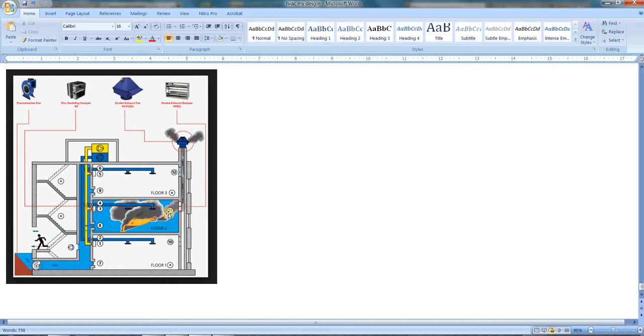One more thing: we calculate this smoke ventilation for only one floor, because we don't know which floor the fire will happen on. That's why we provide it only in the corridor area.